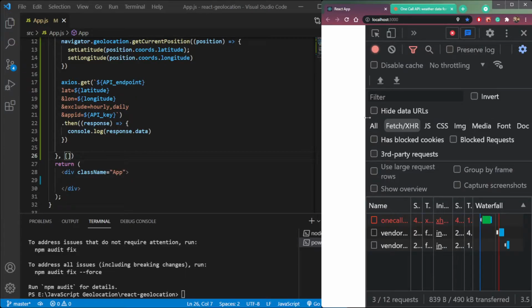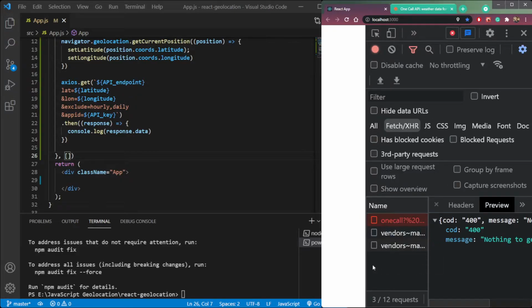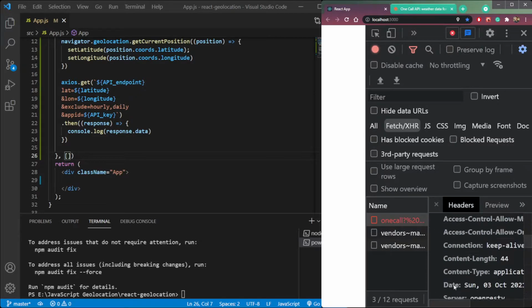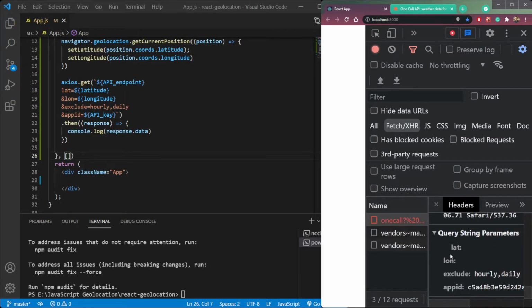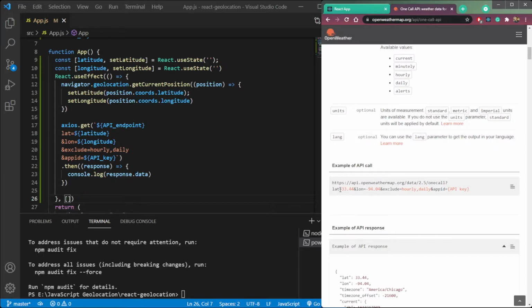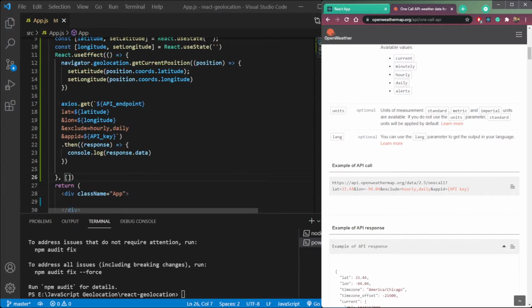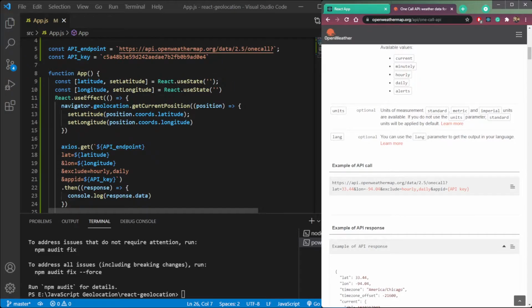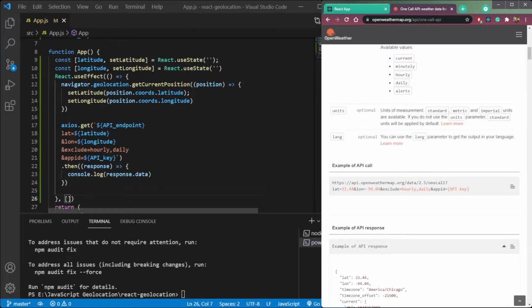So what is the problem here? Nothing to geocode. We are not sending lat and long properly. So we have the API endpoint, and we have a question mark here.